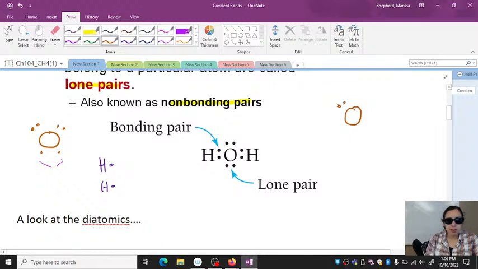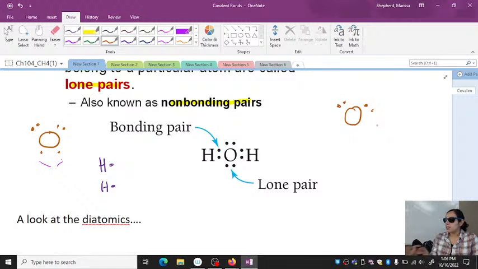I'm just redrawing. Usually when you construct molecules, you want your center atom to generally be the most electronegative if you can. You don't want hydrogen in the center, so usually that doesn't make sense. Hydrogen can only make so many bonds, and we'll see phosphorus, sulfur, those are usually in the center. They can make a lot of bonds. But the halogens can only make one bond unless it's kind of a funky thing. Then halogens can kind of bond with each other.